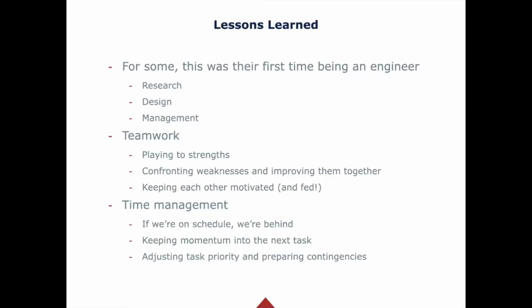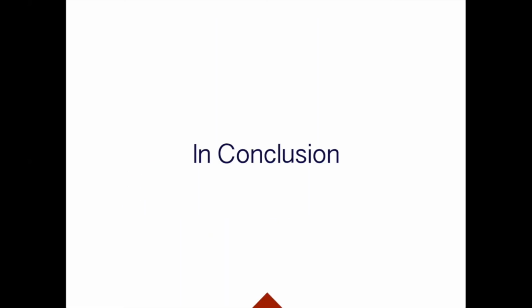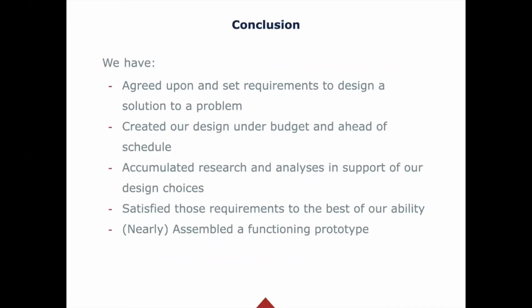Finally, we learned the valuable skill of adaptability in this setting. With the onset of COVID-19, we were given a difficult test, and the team handled the situation with professionalism and tact. To briefly sum up this experience, in the beginning, we agreed upon and set requirements to design a solution